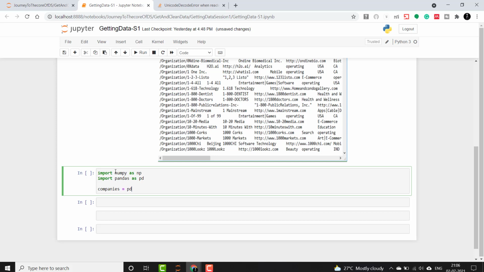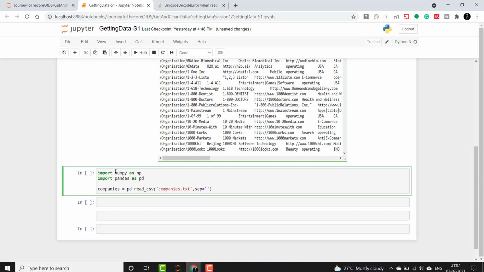Let's say pd.read_csv, and then we will provide companies.txt, which I have under this folder itself, and I will give a separator also here with tab.